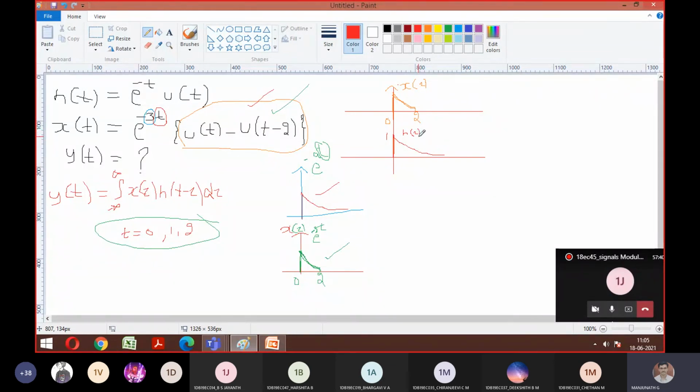Yes, sir. Good. So now you just think and tell me how many cases you can consider. This is not a generalized one like how we did the previous problem because it is having an interval. If this was also exponential, then you could have taken the same category again, case 1, case 2, case 3. But since x of tau is ending at 2, you can't move after 2; 3, 4, 5 won't exist. So how to solve this problem? What are the different categories?